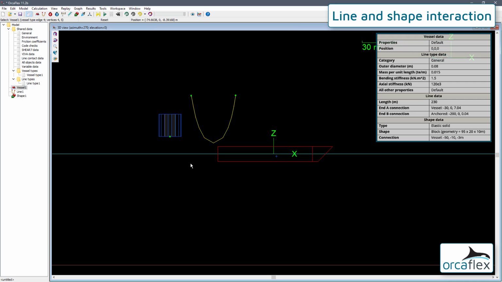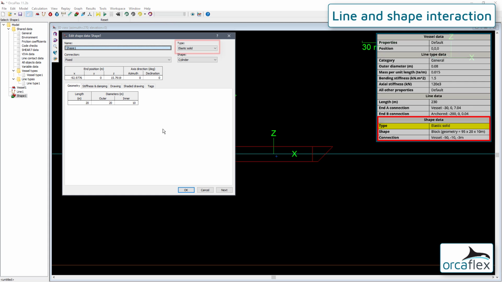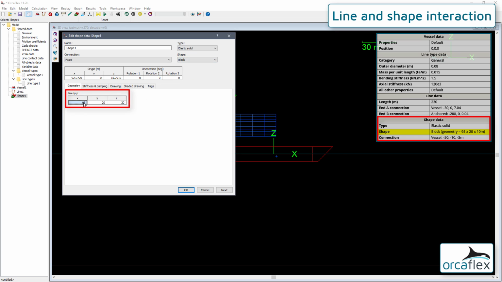Next, we'll adjust and position the shape. It will be the default elastic solid type, as we need to model contact. We'll choose the block shape with a size of 95 by 20 by 10 meters.